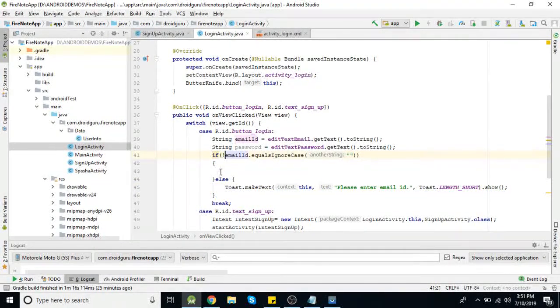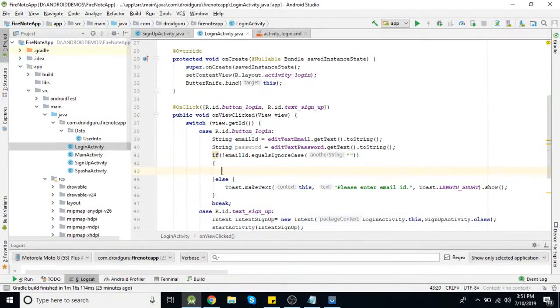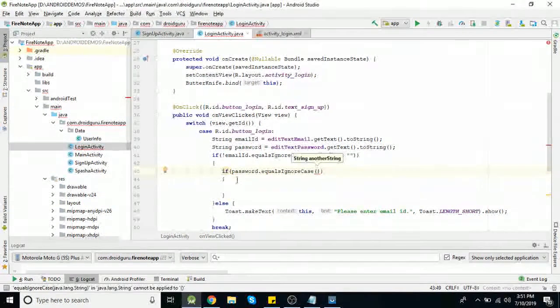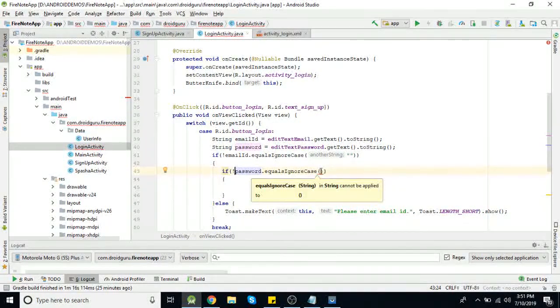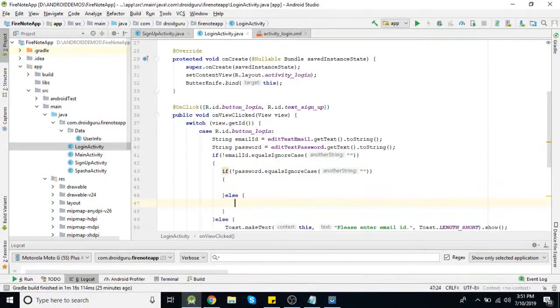After that, we'll add validation for the password field. So if password is not equal to empty, then we can move to our login code. So here also the error message will be displayed.